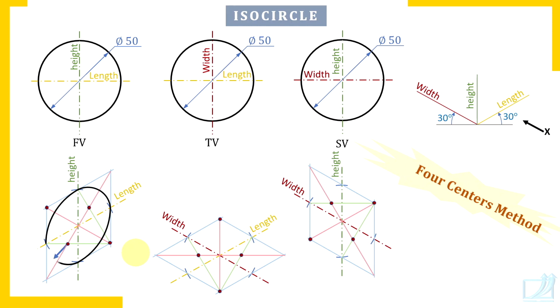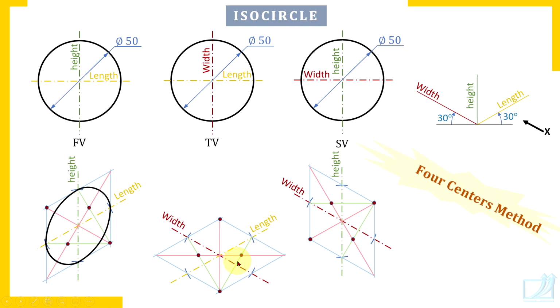And to draw two smaller arcs, you have centers in the same quadrant. Remember this. Longer arcs have centers in the diagonally opposite quadrant and shorter arcs have centers in the same quadrant. And we draw these arcs from midpoint to midpoint of the side of the rhombus. This is the midpoint of the side of the rhombus and this is the midpoint of the side of the rhombus. So midpoint to midpoint, that means one arc in one quadrant. Now you will understand better. Two longer arcs, two shorter arcs, this is how we complete the isocircle.